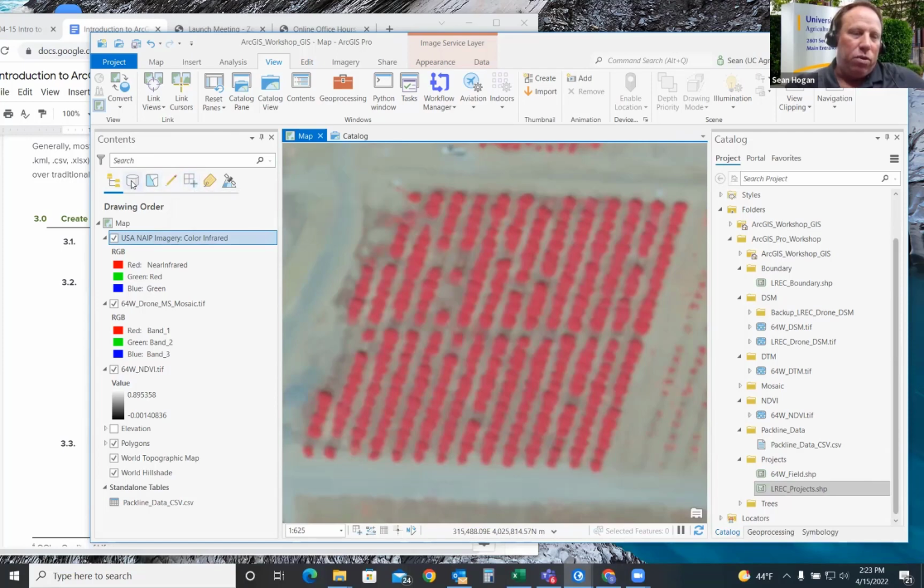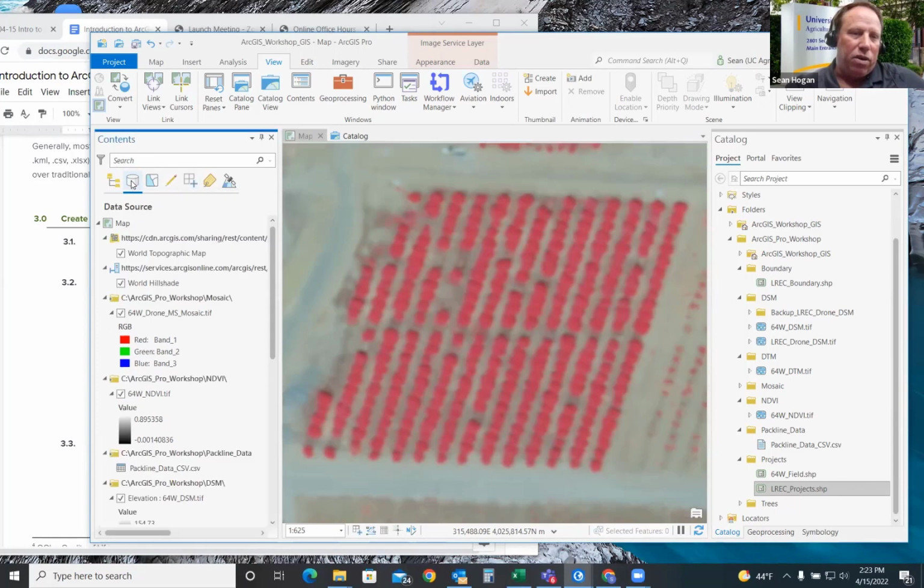What we'll do is click on list by data source. And what you see here on this first one is the URL for the data source that this is coming from. And you can see the ArcGIS Online services for a world Hillshade that's also included here. But then below that, we have